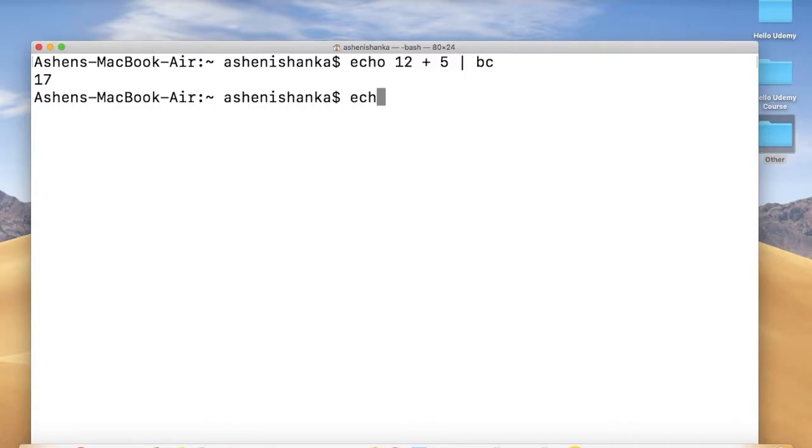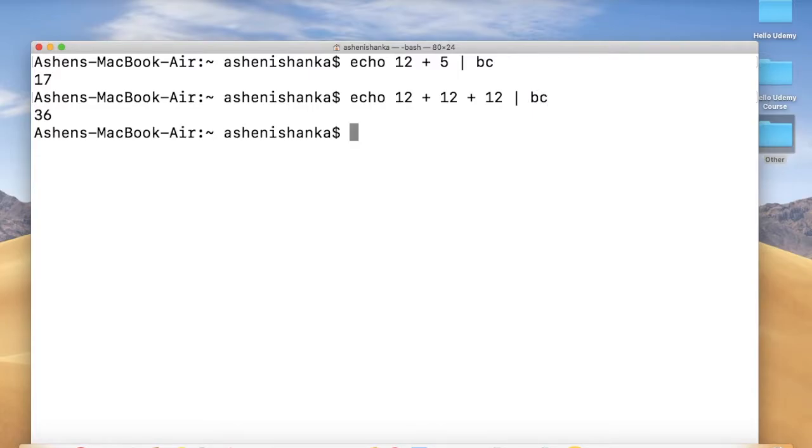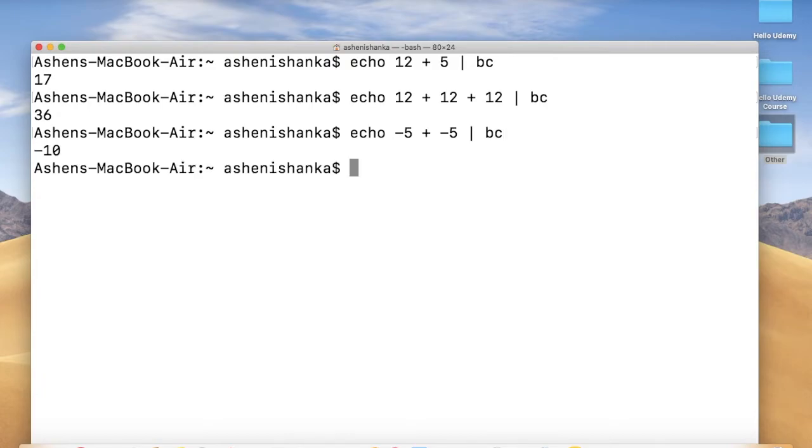Again, echo 12 + 12 + 12 space vertical bar space bc, enter. Alright, the last one, echo and -5 + -5 space vertical bar and space bc. So okay,